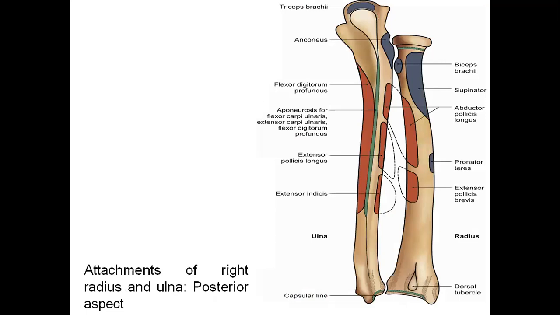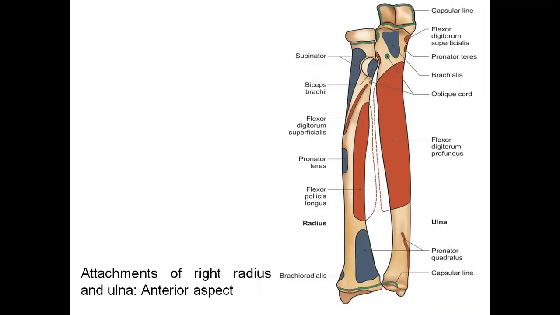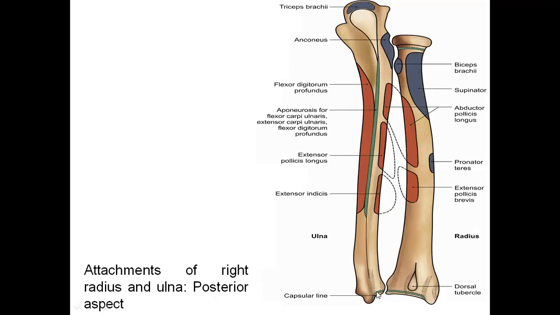Okay. Then, if you further observe, at the upper end, one green line is shown, which shows the capsular attachment of the elbow joint. Similarly, on the lower side you are also finding a green line, which shows the capsular attachment for the formation of the wrist joint. Okay, that is.